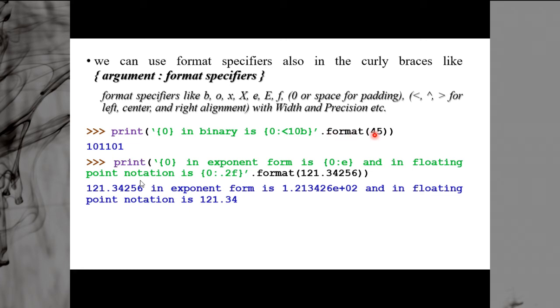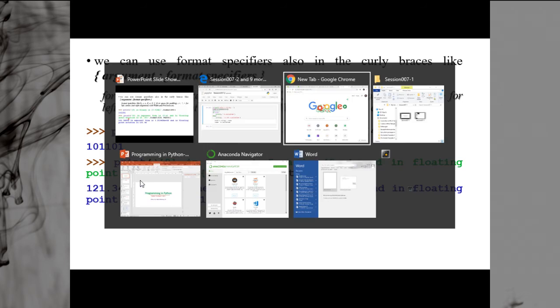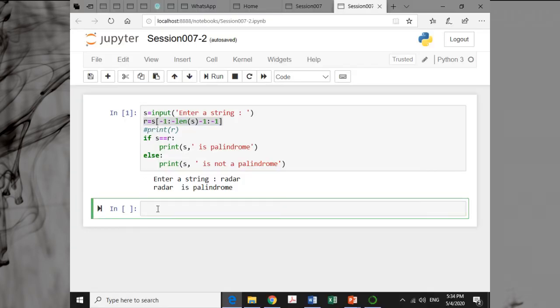Now the argument is 45. So it means it will be printed like this. 45 in binary is 101101. We can check it here.